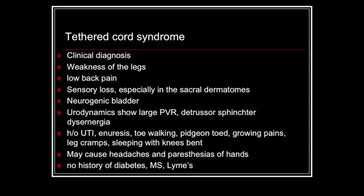sensory loss, especially in the sacral dermatomes, and a neurogenic bladder confirmed by urodynamics. And we're looking for a large post-void residual and detrusor sphincter dyssynergia as characteristic findings. And there's a remote history of frequent UTIs, of bedwetting, toe walking as a child, or they may have been pigeon-toed, growing pains, leg cramps, sleeping with knees bent, flat feet,